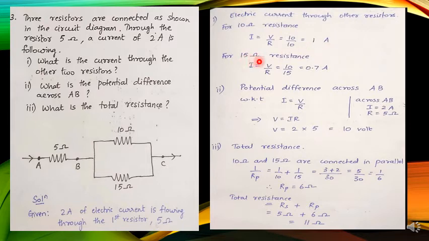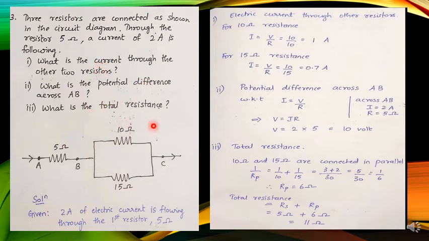Now similarly you have to find for 15 ohms resistance. Formula remains same. I is equal to V by R. V value is 10 volts, which is a constant, and then R value is 15 for this problem. So it is going to be 10 divided by 15. It is 0.7 amperes. So 0.7 amperes of current is flowing through 15 ohms resistance. So we are done with the first 2 questions. This is only to put you all in confusion how to find the current without knowing the voltage. So even if the second question is given or not given, you have to find the voltage. Only then you can find the current through these 2 resistors.